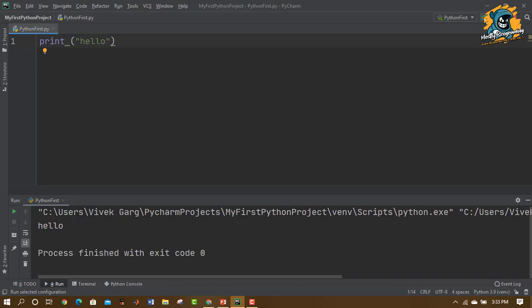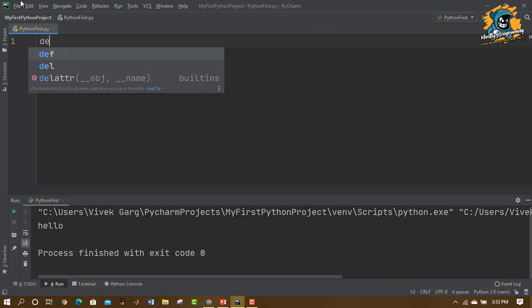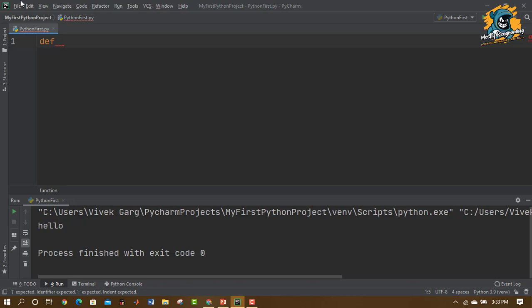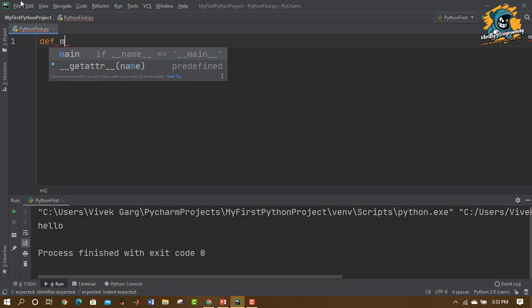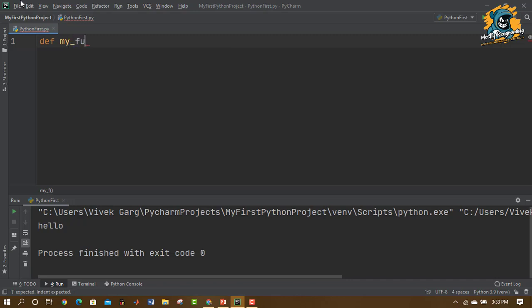Similarly, this is an inbuilt function. Similarly, we can create user-defined functions. I'll just show you an example of a user-defined function. How do we define a user-defined function? We use the keyword def, then the name of the function, suppose my_function, then parenthesis and a colon, then a properly indented block.